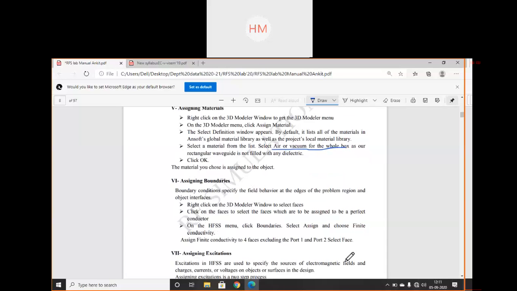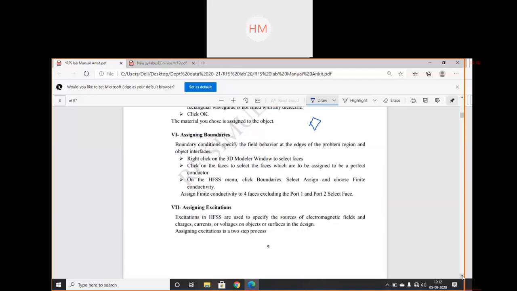Right click on the 3D modeler window to select faces. I have designed a rectangular structure. It will have 6 faces, 2 on top and bottom and 4 side faces. So I have to select each face and apply some boundary conditions. I have to put perfect conductor, then assign and choose finite conductivity.